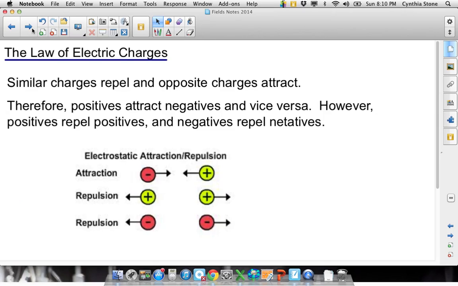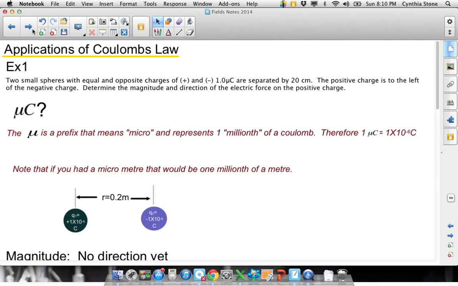So I'm sure you remember this, it's a common thing, the law of electric charges. If two objects have the same charge, they repel each other, and if they have opposite charges, they attract each other. Okay? So you probably remember that. Okay, so let's use